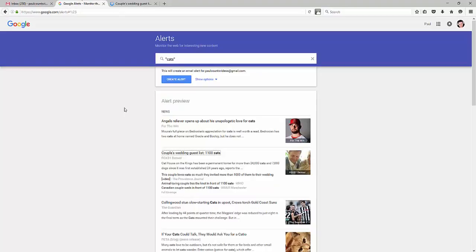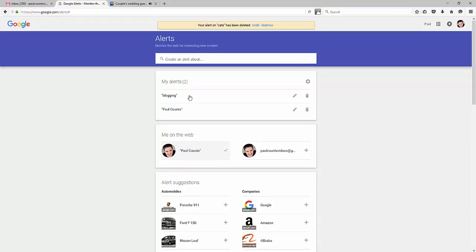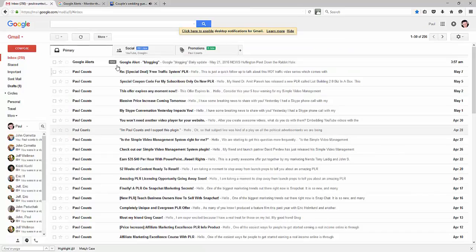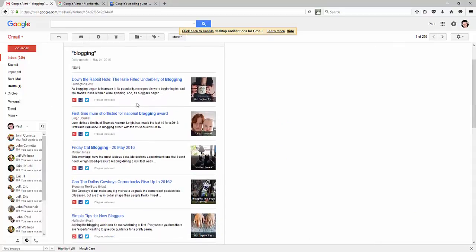So that's where Google Alerts is powerful. Google.com/alerts. Anytime after you search the keyword, just choose create alert, and it's going to automatically create that alert for me. And just a quick side note, if you want to delete an alert, just click on the delete tab right there. It'll automatically delete it. But notice here, I'm already getting notifications in my inbox. That's what it'll look like. And it'll show the list of alerts that came through for that day.